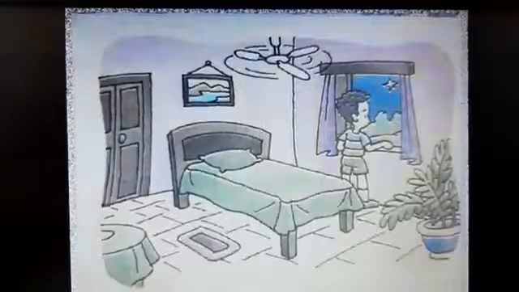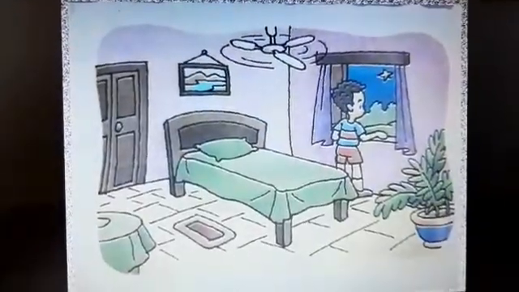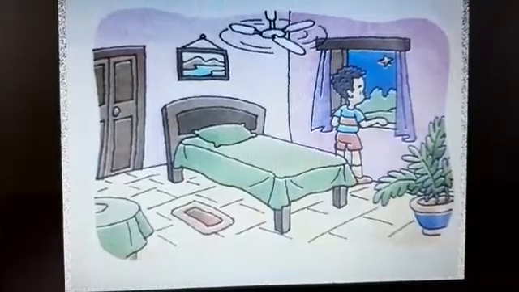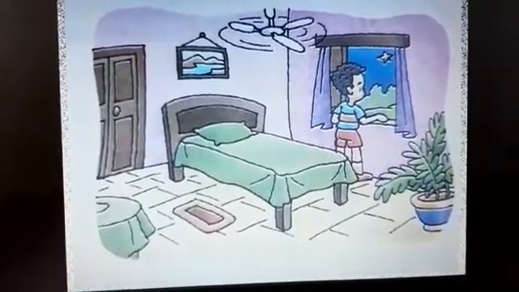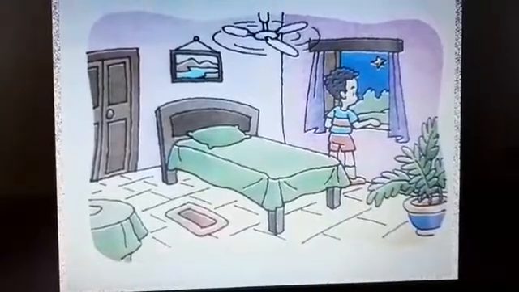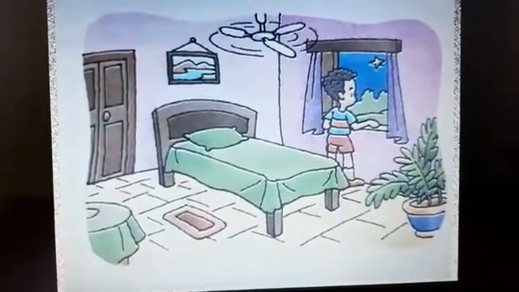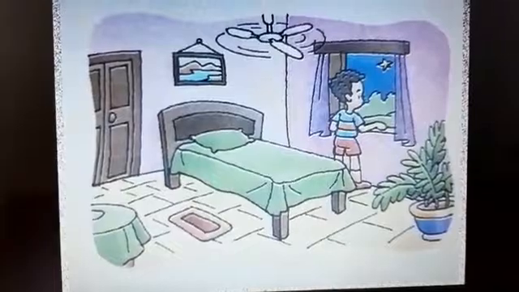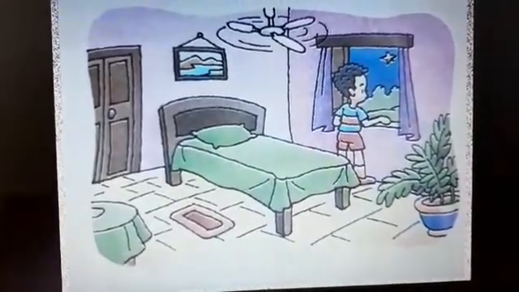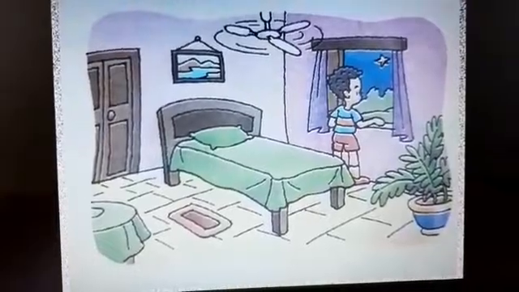You can see in this chapter, in the first picture, there is a room. See? And the room is cool. How can we say that the room is cool? Yes, because fan is running fast.